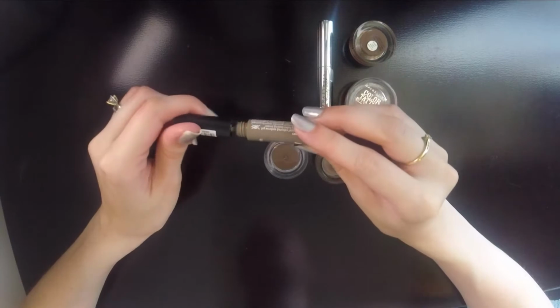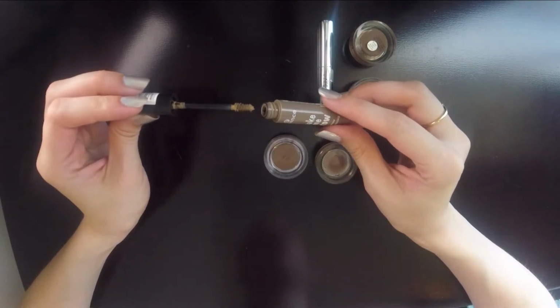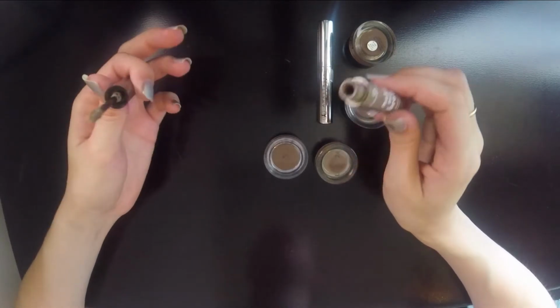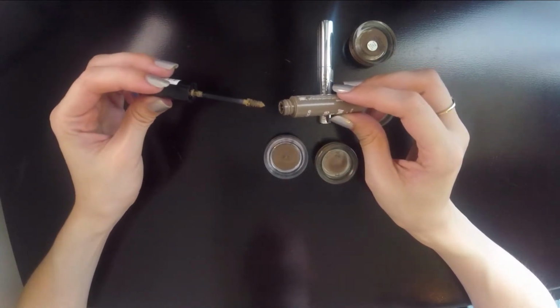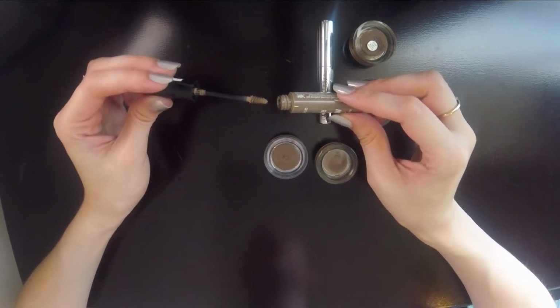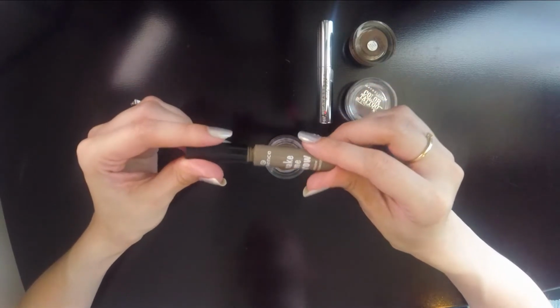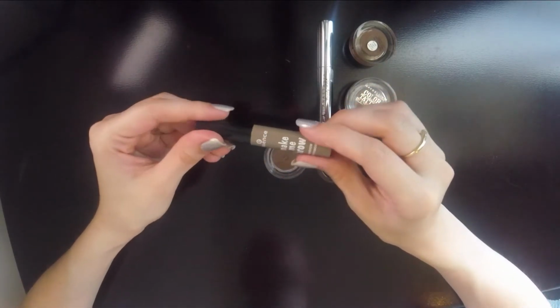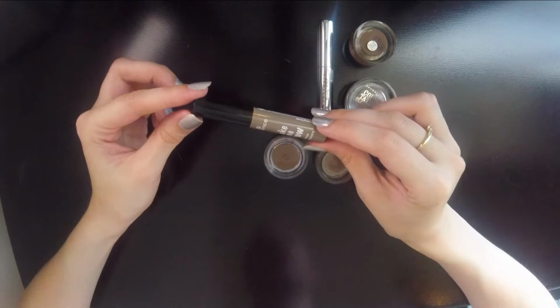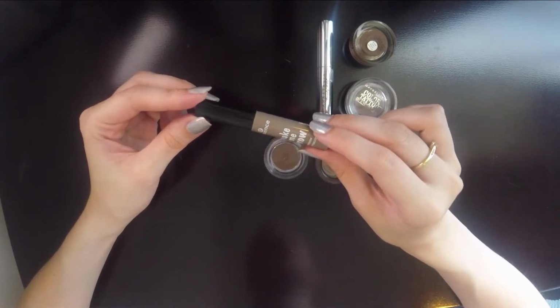It is definitely more clumpy than the Milani Easy Fiber Gel one is. That's definitely easier, which I get, which is why they put the name in it. This is definitely one where if you had a lot of hair and you only fill in your brows sparsely, you could literally just shellac your eyebrows down with this stuff. But I do like to keep it around when I do more affordable makeup tutorials. I would like to use this as opposed to the Milani just to save money since this is only like